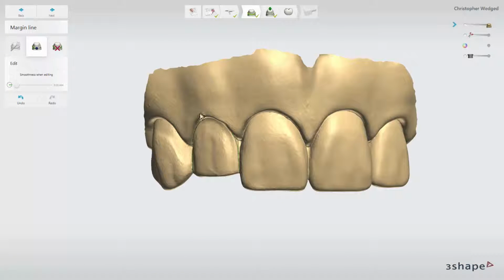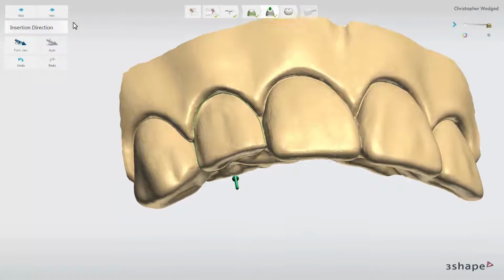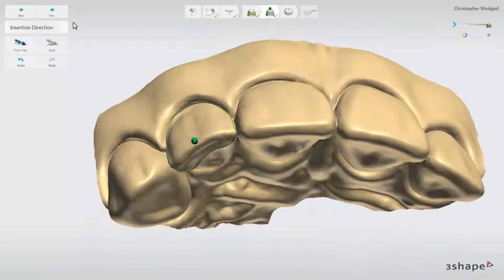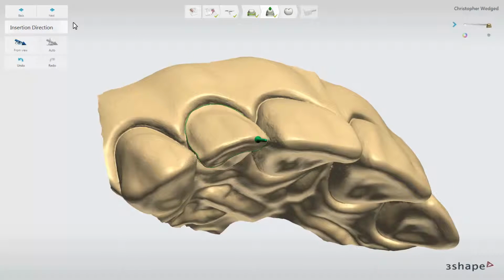When the margin line has been set, click Next to get to the Insertion Direction step. Software will automatically set the insertion direction for your restoration. You can always change the insertion direction. Just set Scan in the requested insertion direction and click the From View button to set that view as the